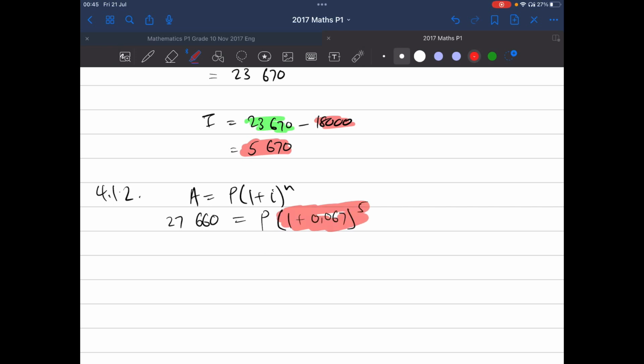You'll get an answer, and then you'll take 27,660 and divide it by that answer. So (1 plus 0.067) to the power of 5 will give us an answer. Now I'm going to take 27,660 and divide it by that answer, and then you'll see that P is equal to